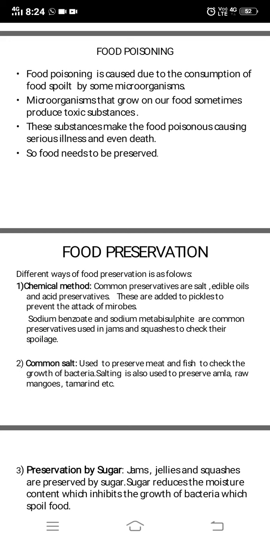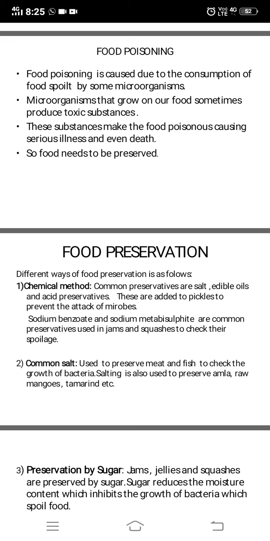You should not eat it. That is called food poisoning, when food spoiled by microorganisms is consumed by you, and that microorganism causes disturbance in your digestion. Microorganisms that grow on our food sometimes produce toxic substances. So why is this microorganism harmful? Because it is producing some toxic substances. Toxic means poisonous substances.